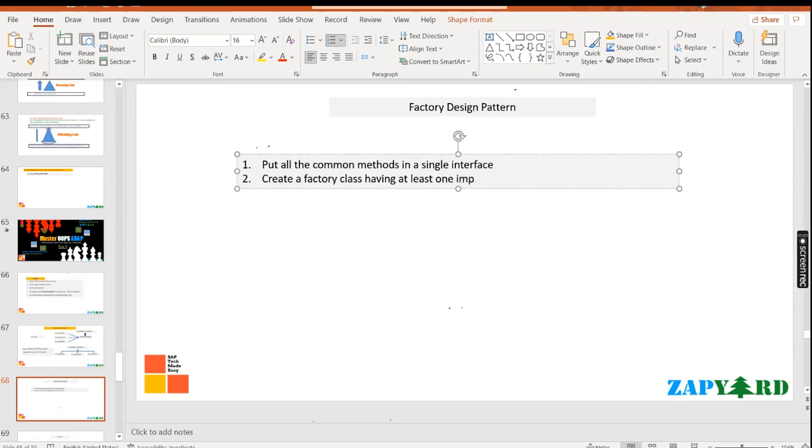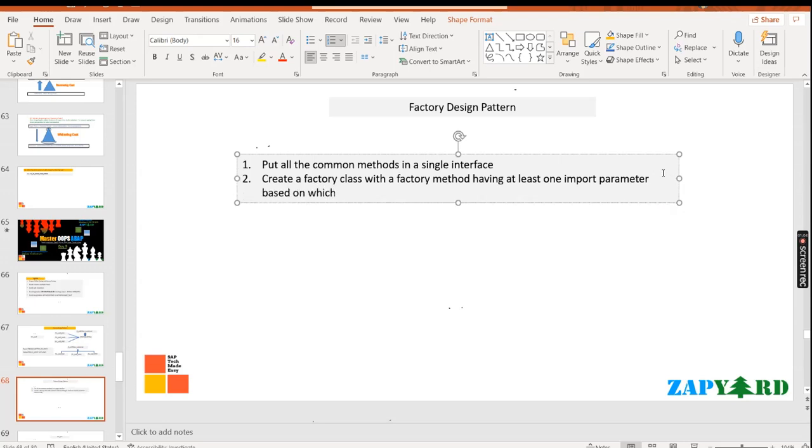Or these things you can do in the constructor? No, that will not be possible because a constructor does not have an exporting parameter, right? So how will we get the object? So create a factory class with a factory method having at least one import parameter